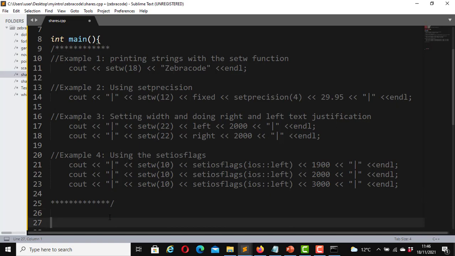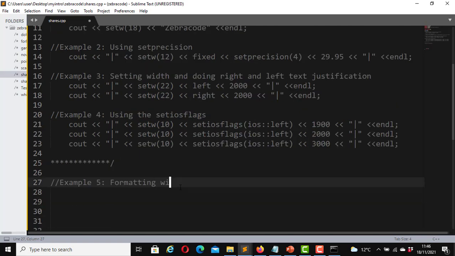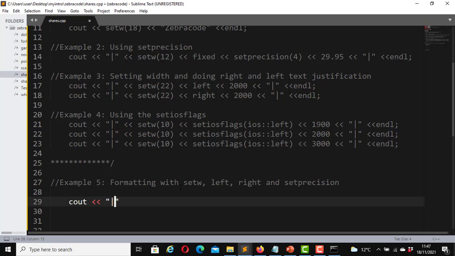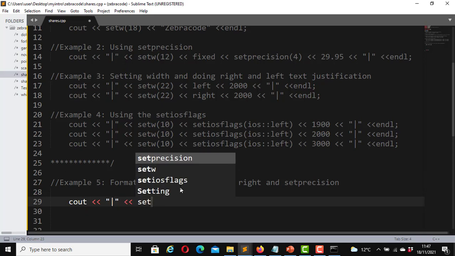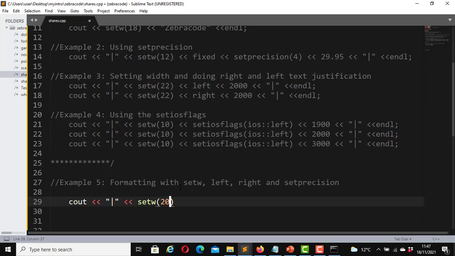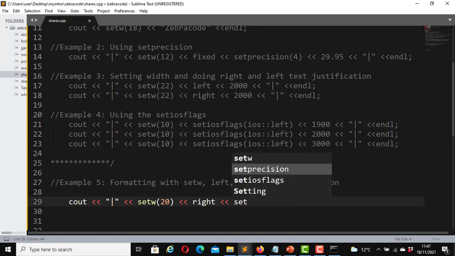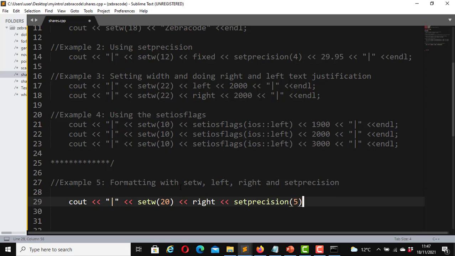This time I will call it example 5: formatting with setw, left, right, and setprecision. cout, vertical bar here, setw, set it to 20, right, setprecision 5,